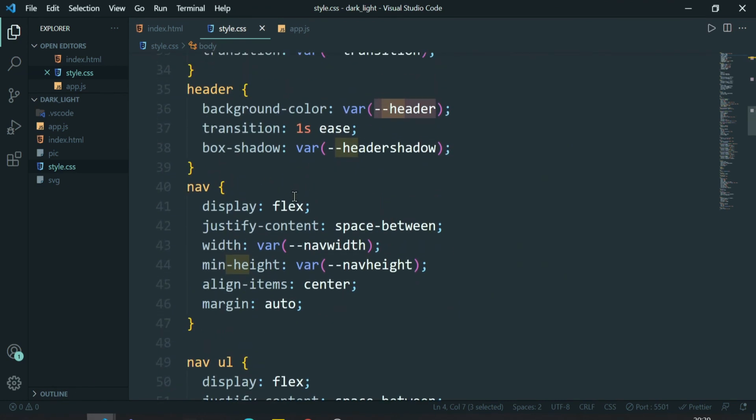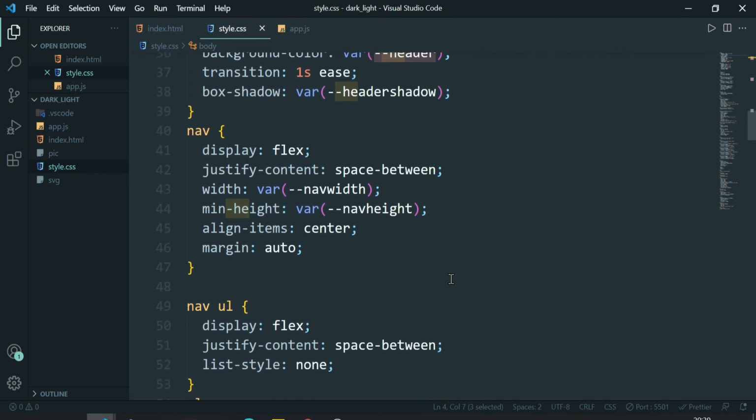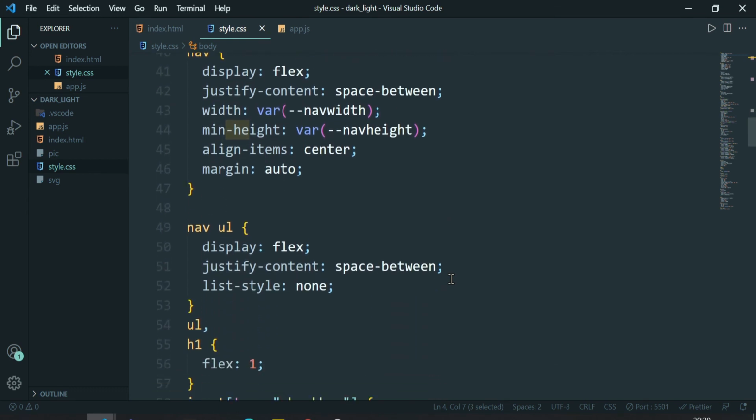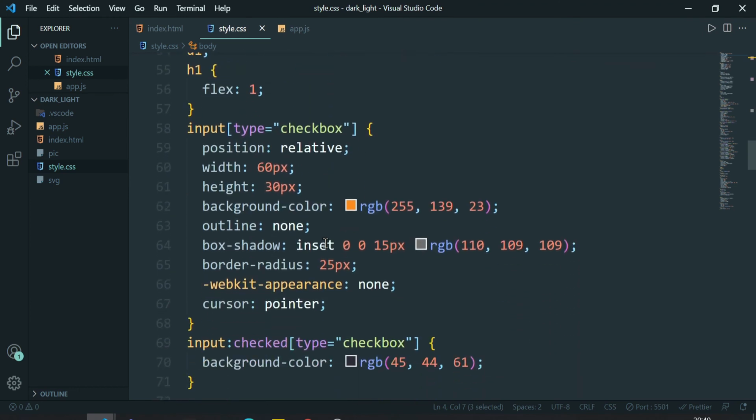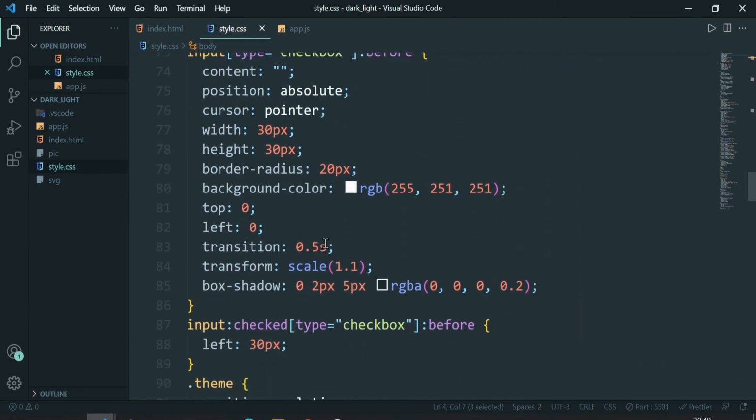Like for nav I have used flex and justify-content space-between, and width, min-height, align-items, and margin is auto. Then for nav ul I have used display flex again, justify-content, and list-style none, because we don't want any predefined style on the text. The same thing goes with every other element.